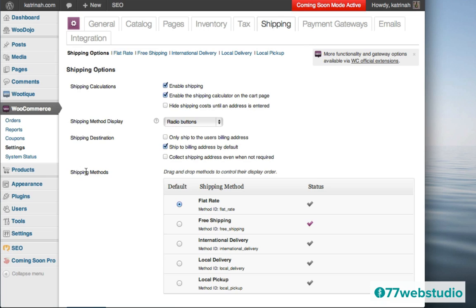Then when you scroll down, you'll see that the shipping method currently is listed as flat rate, but we see here that there's a purple highlighted check mark, the status, and actually the free shipping is enabled. So you have many different shipping methods here that you can choose from, either a flat rate, free shipping, international delivery, local delivery, or local pickup. So in general, of course, if you can offer free shipping, that's the best. That is one less thing that a customer has to worry about, so it really helps to incentivize them to buy any kind of product you may have if you offer free shipping. So wherever possible, it's always a good idea to offer free shipping.